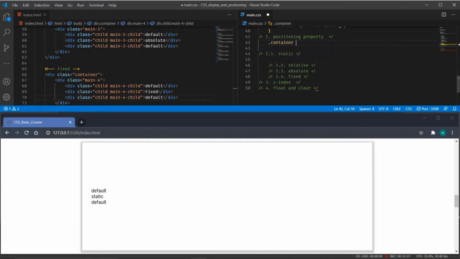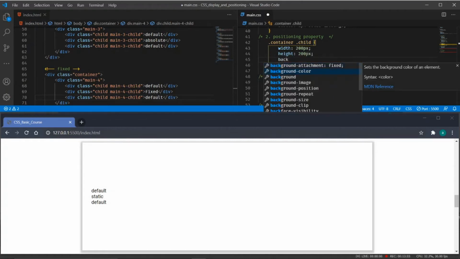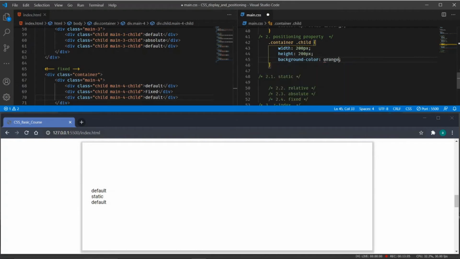I will have the container, add the child, and give it a width of 200 pixels and a height of 200 pixels. Then the background color: I will give it orange, a color of FF8931.